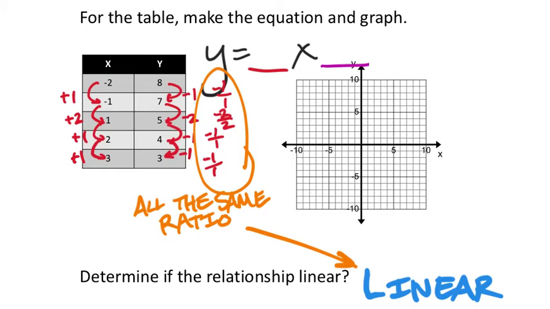Now, what is that ratio reduced? If you did negative 1 divided by 1 or negative 2 divided by 2, you're going to get negative 1 as your slope. That's our slope, negative 1, okay? But what is the y-intercept? Well, the y-intercept, again, let's go back to our y-intercept formula on this one because I'm just going to use the table, although you'll see it on the graph as well. So the y-intercept